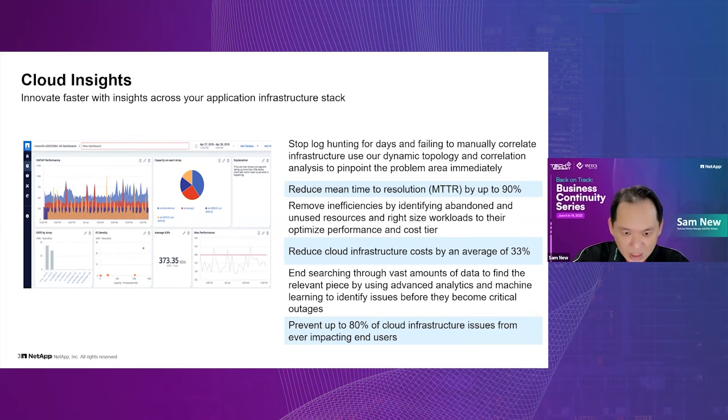We can go into every single stack of your environment, because when you're able to instrument your compute, your network, and your storage, we can see the correlation across the whole entire stack. So when things happen across the whole stack or infrastructure, or even in the hybrid environment, we can go into the individual components to look at their performance and correlate all the events together. If you compare with monitoring tools out there, like vCenter Operations, or some of the tools like System Manager,